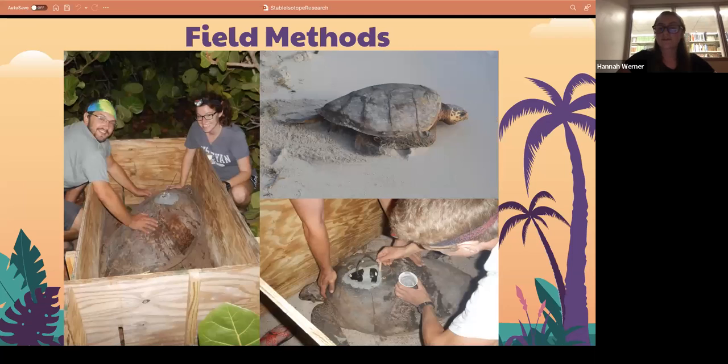So then looking at our field methods, a group of people went out to Antigua. They stayed off the nesting beaches in the Jumbie Bay region, and they were able to wait for the turtles to come up to the nesting region. Once those turtles got there, they used that opportunity to take a skin sample, and that's what we analyzed in the lab. They also had satellite tracking devices implemented into the turtles. We don't use those, but they are very important for the future implications of this research.